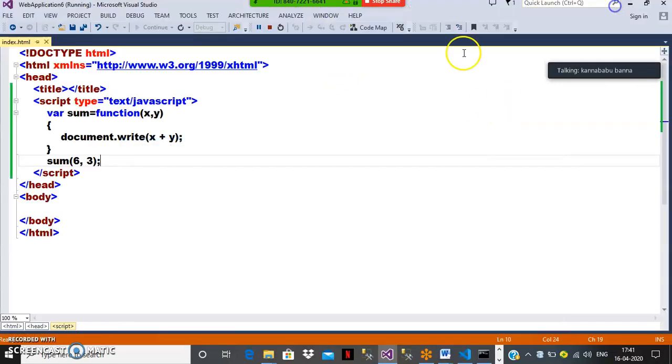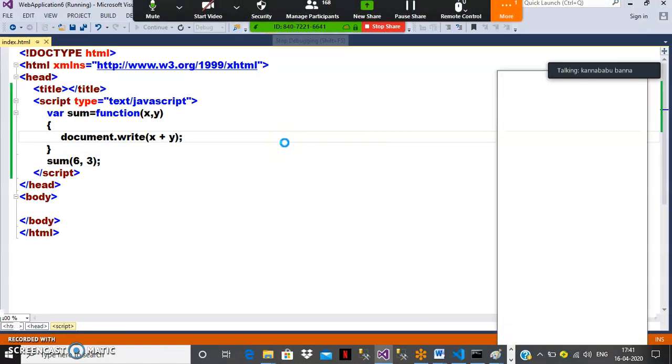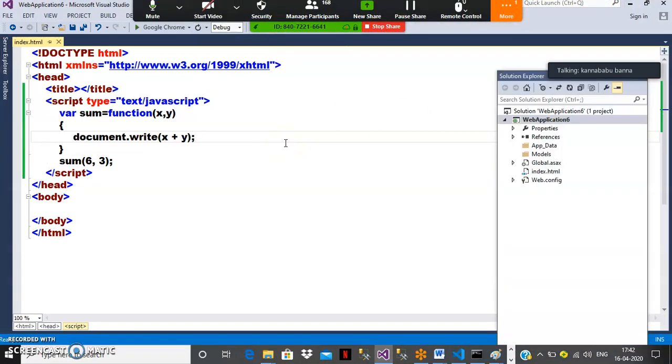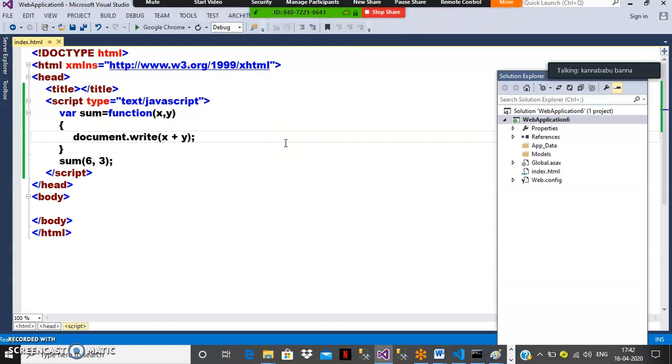You can ask me, sir, in what scenario will we declare an anonymous function? Generally, I told you in the last video that the function will get executed depending on the user interaction. The user will interact with the form, then the functions must get invoked. In those scenarios, we'll use what? This anonymous function. Is it clear? At the time of developing the application, mostly we'll work with anonymous functions only.